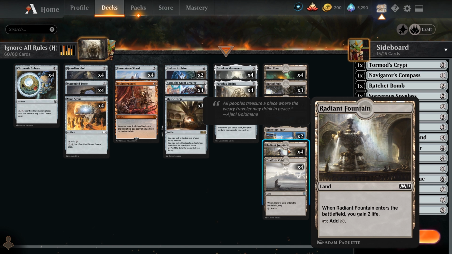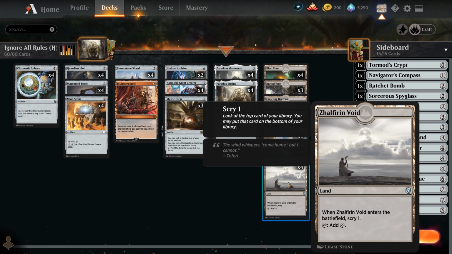We've got Radiant Fountains for life gain, so we can have a little bit of protection against the aggro decks. And finally, Zalfarian Void, because we are a combo deck, and we get to scry and find our combo pieces, so hopefully we don't have dead draws, which we really can't afford to have, since we will be dead if we do. And yeah, that's essentially the deck, I think, without...